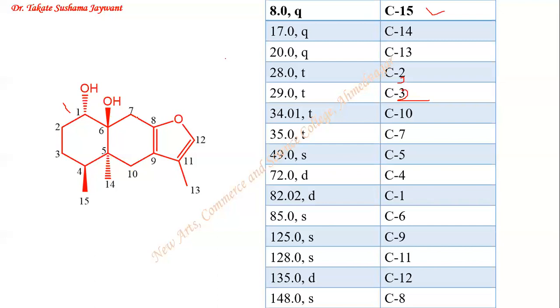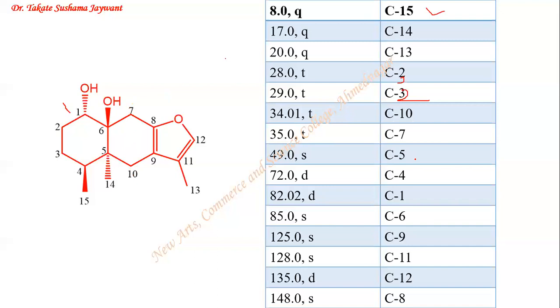So from the other side also you can look. C10 is attached to a carbon atom of aromatic ring, as well as C7 is attached to C8, that is also a carbon of an aromatic ring, but C8 is directly attached to oxygen, so C8 is de-shielded. As a result, C7 will be more de-shielded as compared to C10 carbon atom. So first triplet 34.01 is corresponding to C10 carbon atom, and the second signal 35.0 triplet is because of the C7 carbon atom. Next is 49.0 singlet.